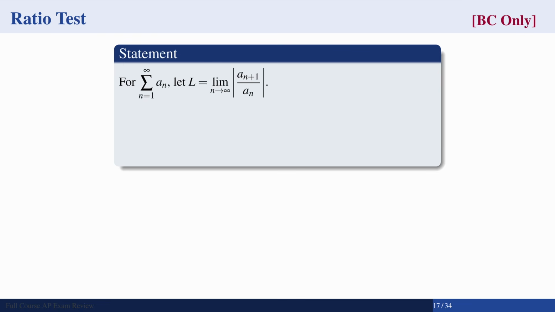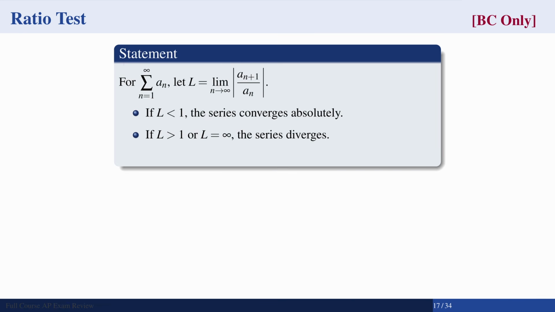We're going to let L equal the limit as n approaches infinity of the absolute value of the n plus first term divided by the nth term. So you always are going to have to take a limit to use the ratio test, but the limits are pretty predictable when you do this. The conclusions: if L is less than 1, the series converges absolutely. If L is greater than 1, or L is infinity, which is also greater than 1, so I've never understood that, the series diverges. If L is equal to 1, the test is inconclusive,